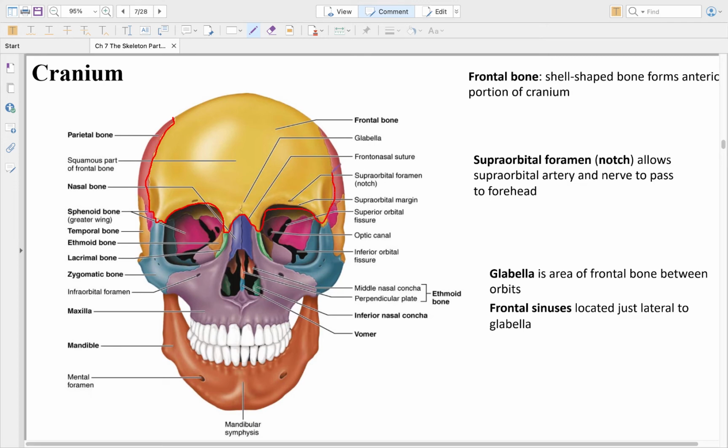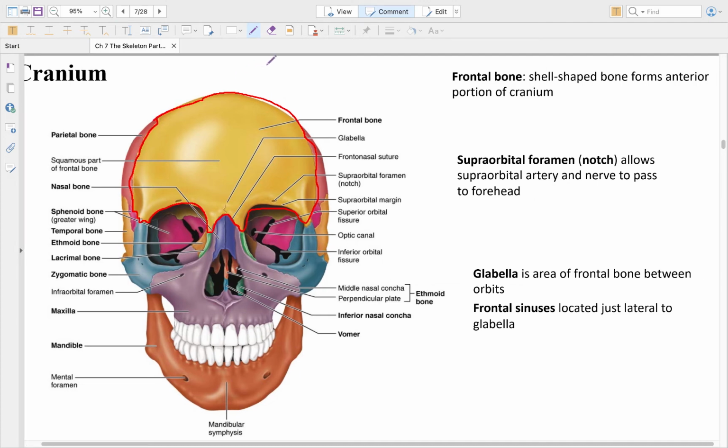Okay, that is the frontal bone, forming the anterior portion of the face. Okay, now in the frontal bone, we have a major marking. And see that little tiny hole there? Right there. And there's another one right here. This is called the